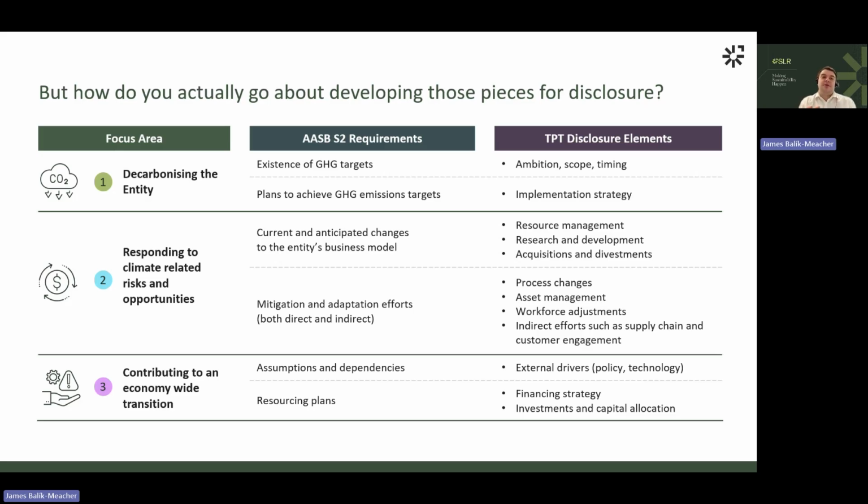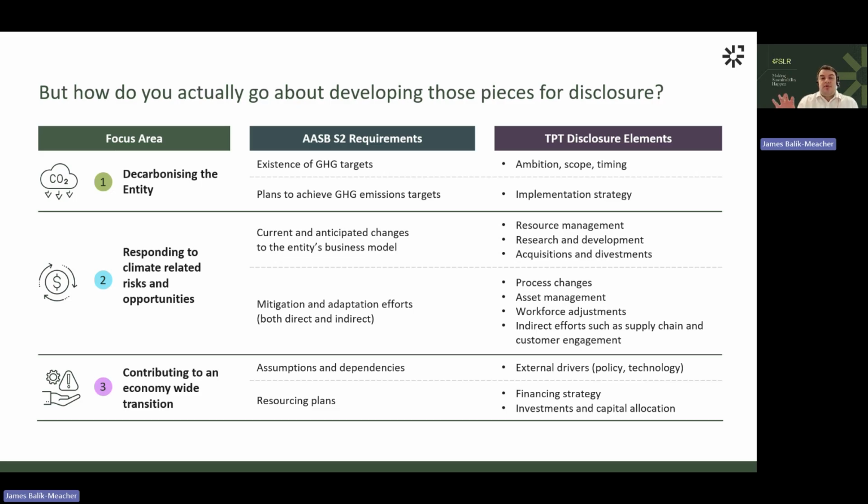Within that response to climate-related risks and opportunities, you need to look at current and anticipated change to your business model. And then those mitigation and adaptation efforts that you're putting in place for those climate-related risks and opportunities you have identified. And then within that contribution to the economy-wide transition, there's a couple of ways that this comes into play.